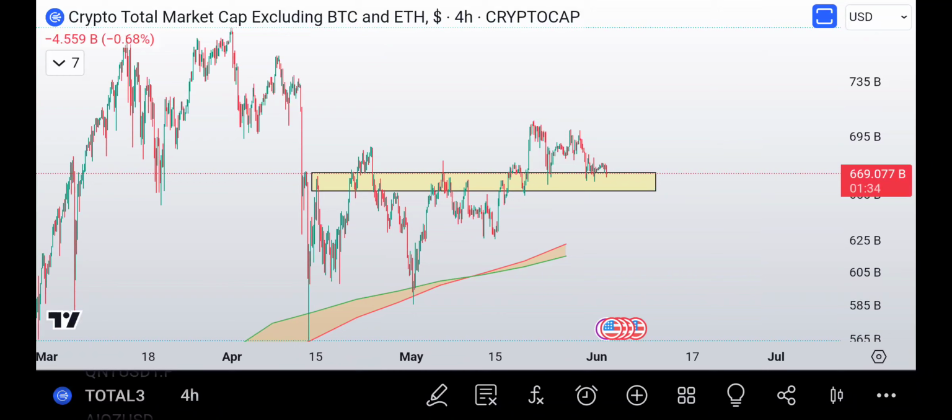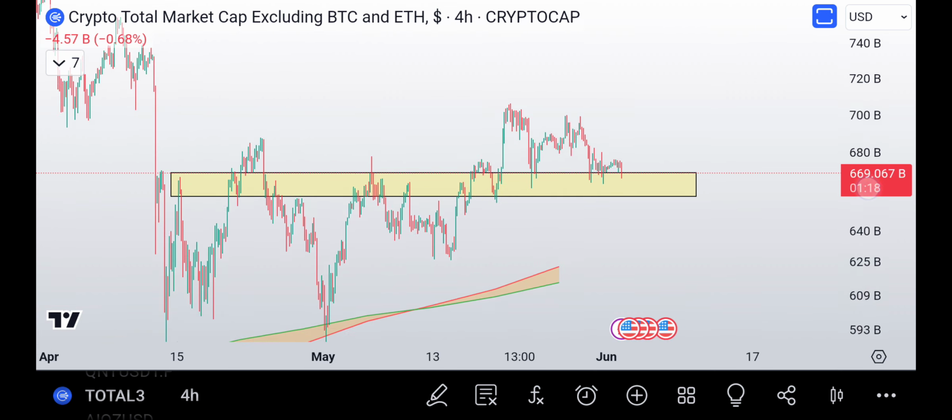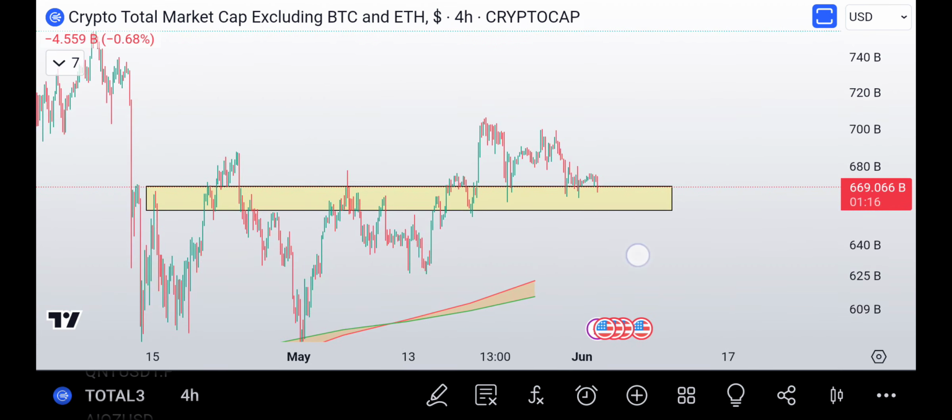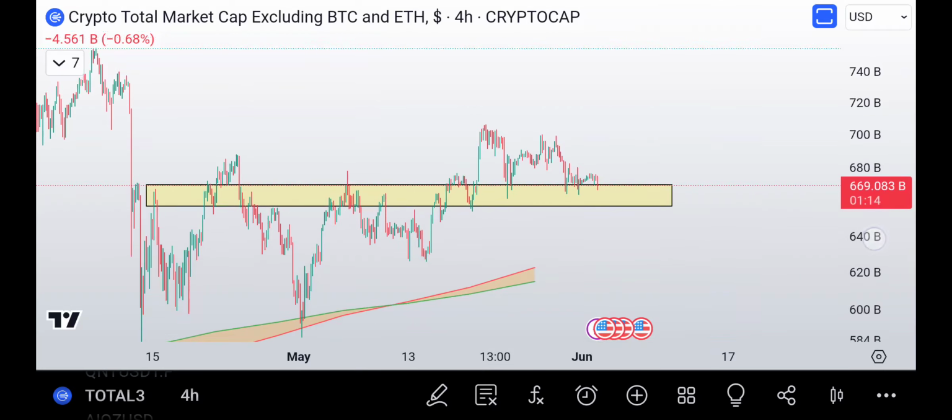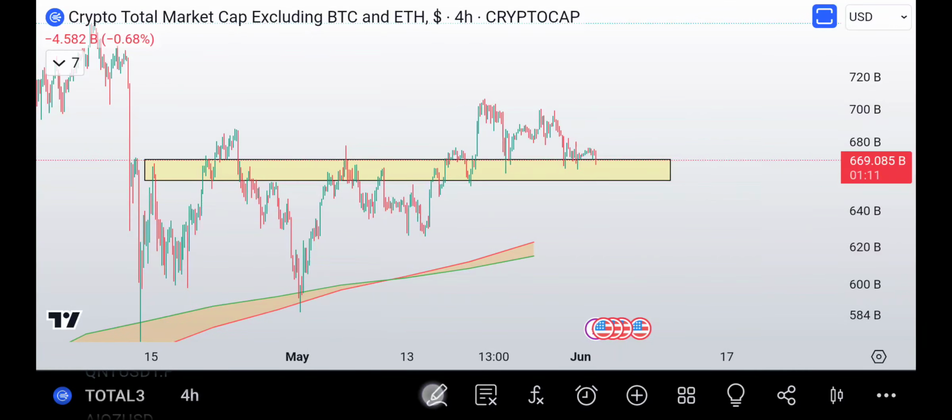This is where a lot of people get scared. This is where you're shaking out the weak hands. Who's going to prevail here? It'll make you believe that we're going down, down, down, but it's actually just back testing and consolidating. Now, if we do break below this level, this yellow